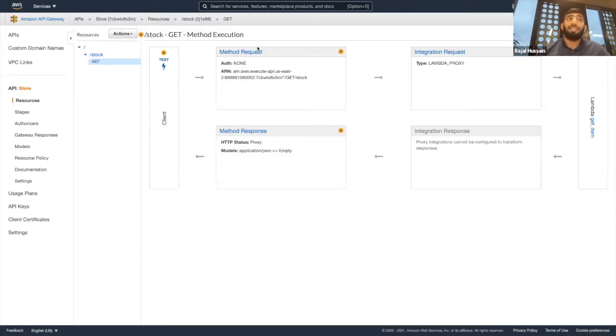So here we can see the method execution. We have the client here, which we're going to be using Postman for, but you could of course have a front-end application, a React application that would hit the API endpoint. And then we have an authentication, which I'll come on to later. Our integration request is Lambda proxy, which we just selected, and then that's going to hit our Lambda get item